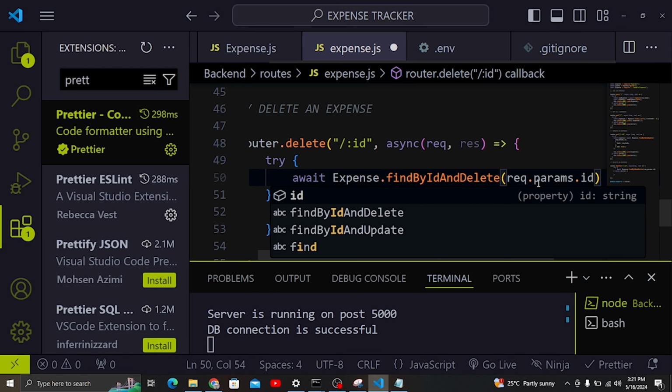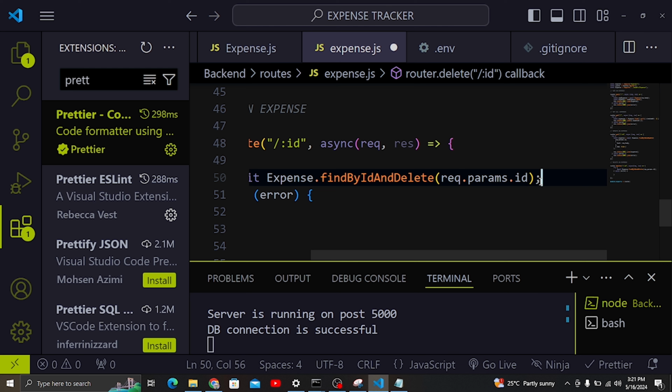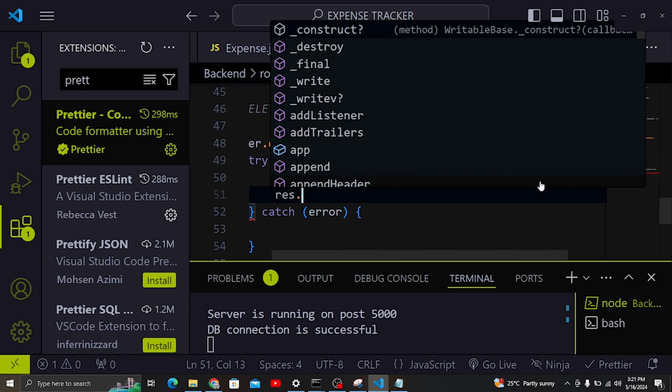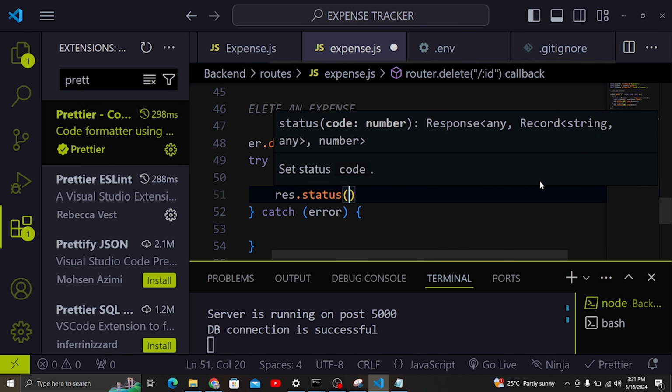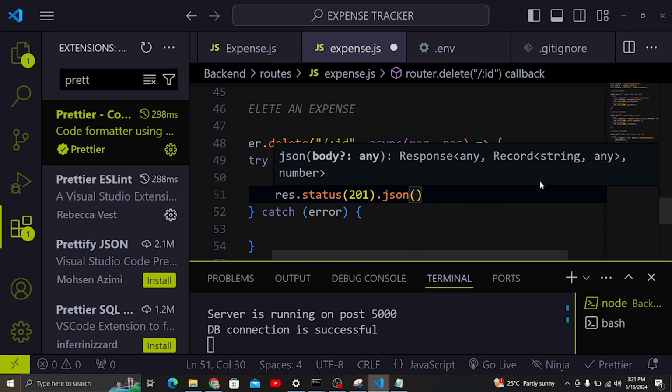request.params.id, like that. And then after that we can send a message now. So const, so here we can have res.status, and then here it is 201, because this is also creation and destruction. So here we can have res.json, and then we can send a message like deleted successfully,